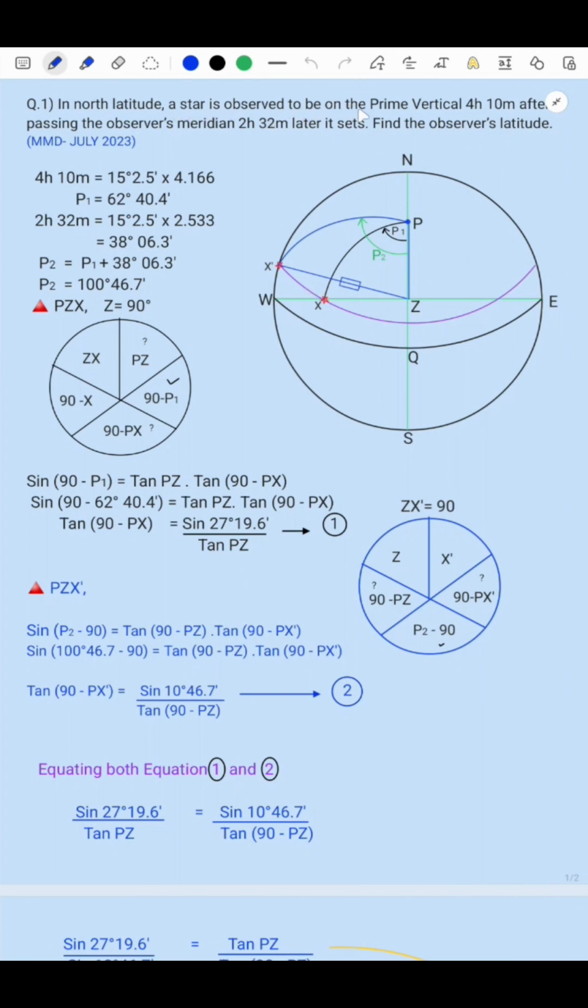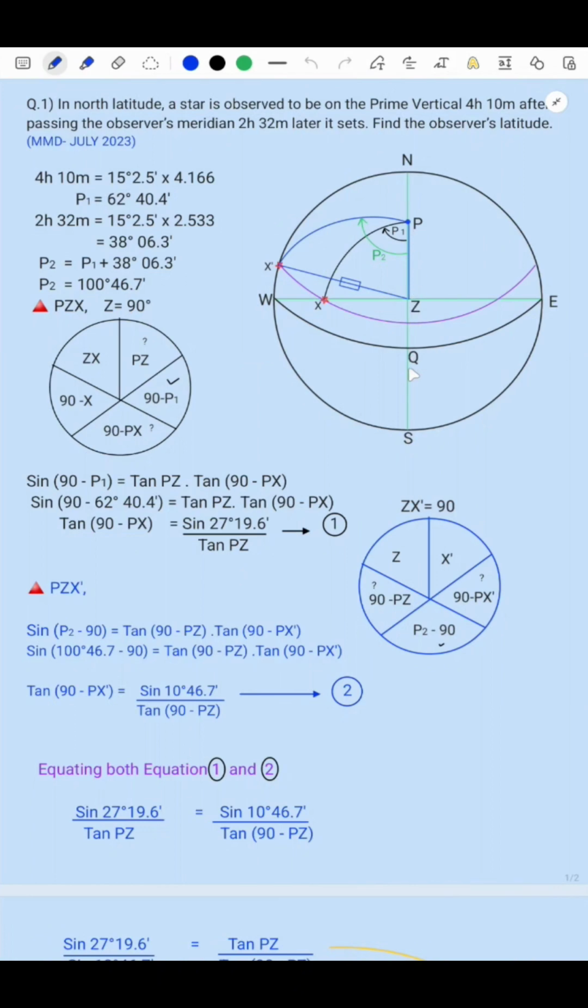Now, a star is observed to be on the prime vertical. Prime vertical is this one. This line is the prime vertical which passes through the observer's east and west point. 4 hours 10 minutes after passing through the observer's meridian, it is on the prime vertical. The question says,